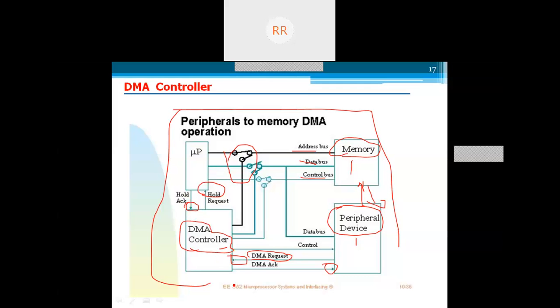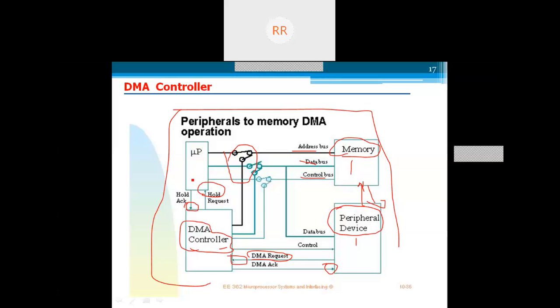Like that, the DMA controller acts as a mediator between the devices that want to share the data transfer, from peripheral device to memory, memory to peripheral device, or memory to memory. It does the controlling operation and allows the complete data transfer at a fast rate.